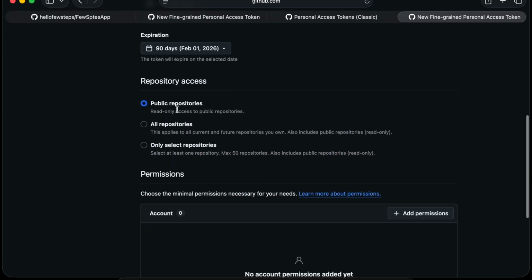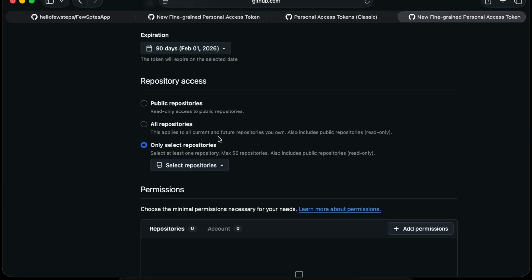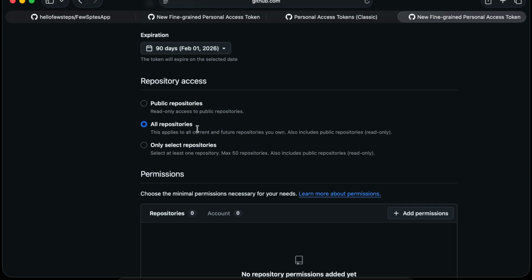Now after that you have three options for repository access: public, all, or only select repositories. Public means if you have like 100 repositories and all of them are public, then you will use this token for only those. All means it doesn't matter whether public or private, it will be applicable for all. And only selected means you have to choose which repositories have access with this token. I'm going to choose all, so that private, public, every repository we can access